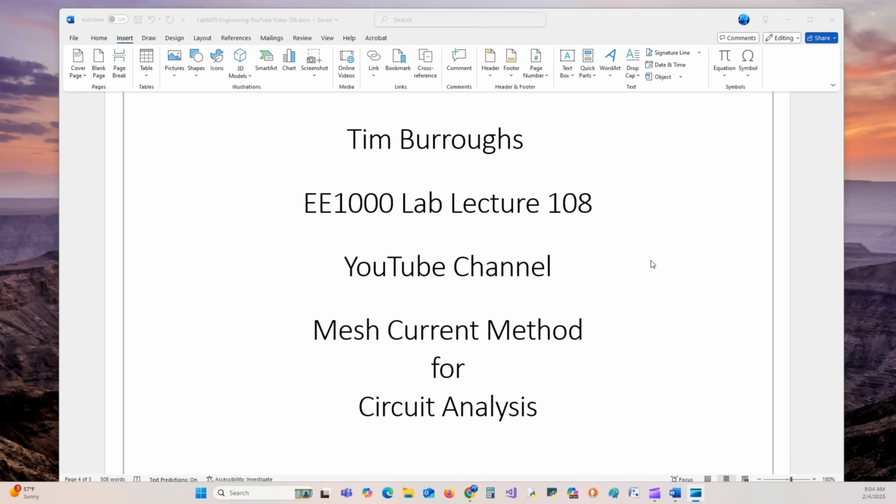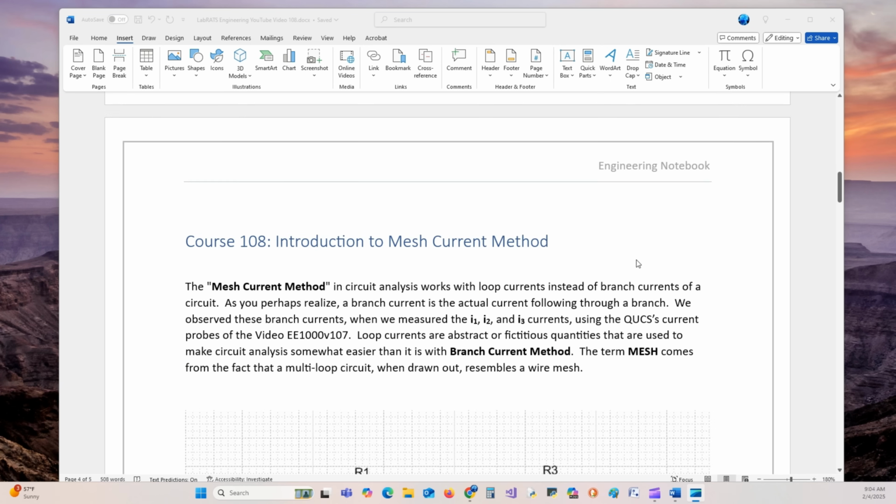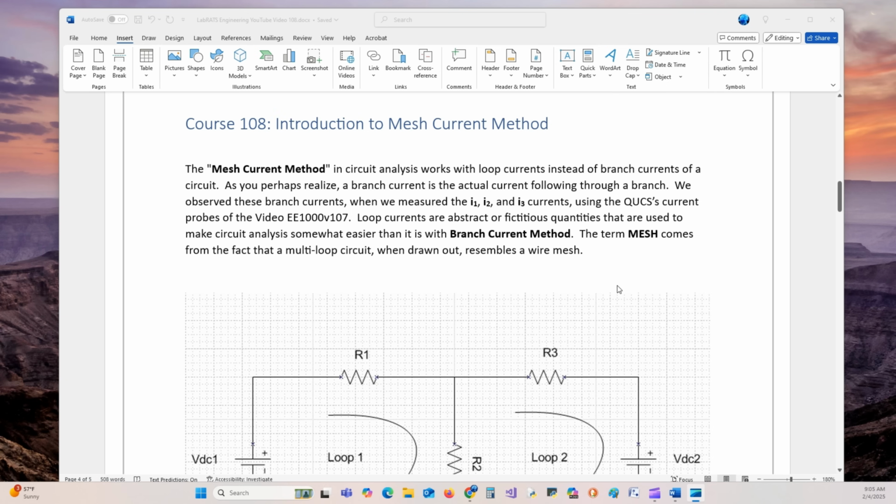Okay, today we're going to begin Lecture 108, Mesh Current Method for Circuit Analysis. This outline is just to help stay on track. The Mesh Current Method in circuit analysis works with loop currents instead of branch currents as in the previous